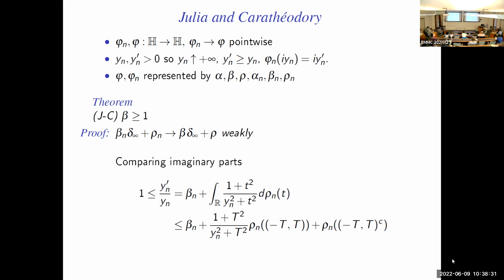And now we will compare imaginary parts. So comparing imaginary parts, you get this inequality: 1 is less than or equal to yn prime over yn, but the yn prime is exactly the imaginary part of phi n of i yn, right? So you calculate imaginary parts, you get that yn prime over yn is beta n plus the integral of (1 plus t squared) over (yn squared plus t squared) times d rho n of t, which you can majorize by,